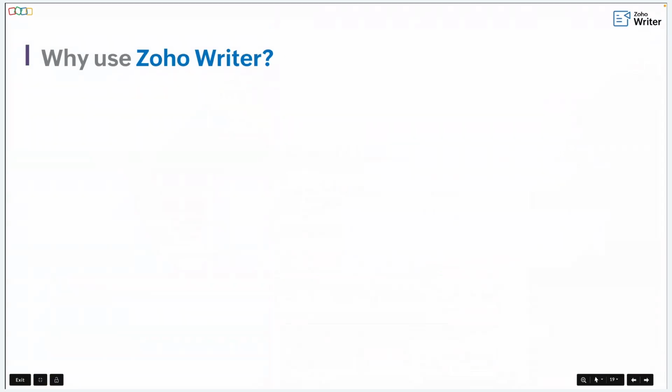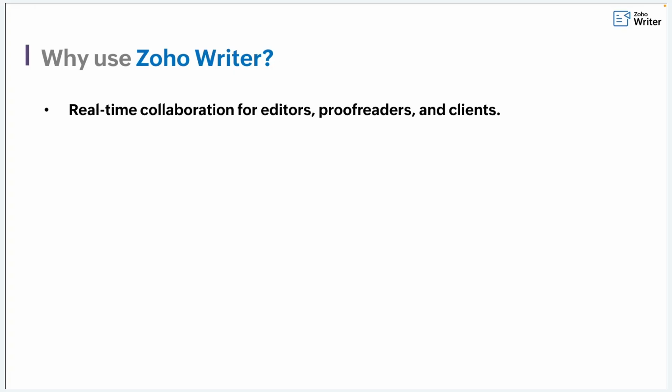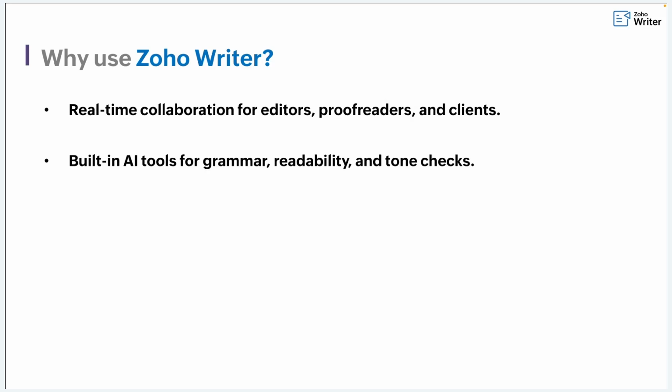So before we move on and wrap up the session, let's take a moment to understand why Zoho Writer stands out for content creators and publishing houses. Zoho Writer is not just a word processor, it's a complete writing workspace. From drafting articles and editing manuscripts to publishing the finished piece, everything happens within one platform itself. You can collaborate with editors, proofread, and work with authors in real time without juggling multiple versions or